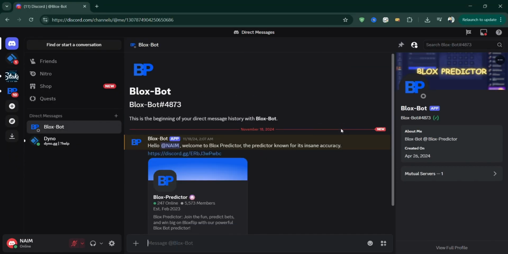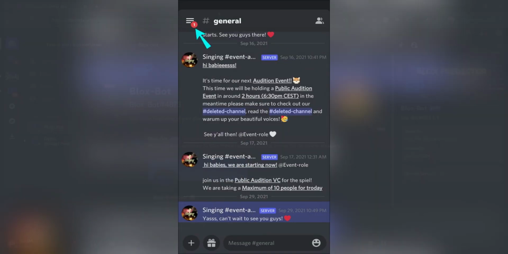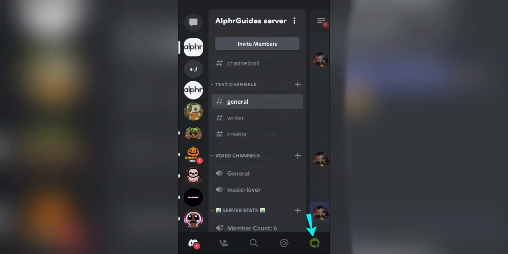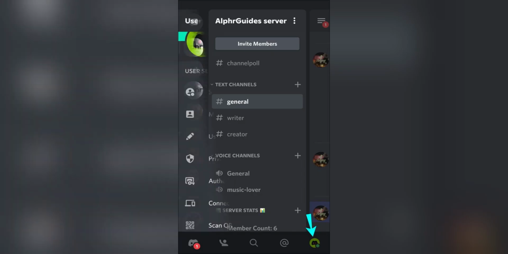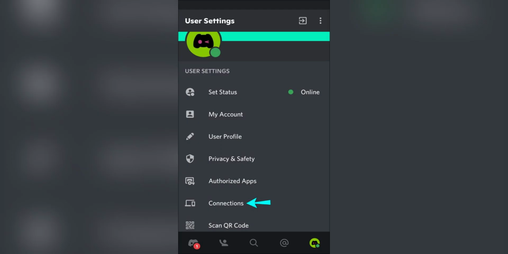First, open the Discord app on your Android device. Tap the three-line menu icon in the top left corner of the screen. Next, tap the profile icon in the bottom right to open user settings. From there, tap Connections. If Spotify is already connected but not working properly, tap the X next to Spotify to